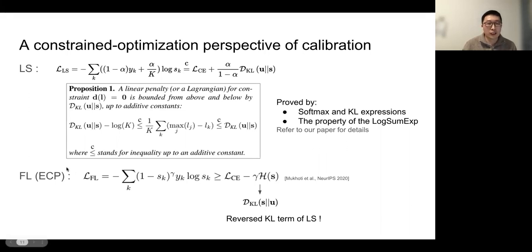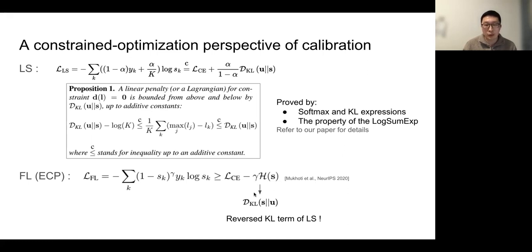And for the focal loss and the ECP, it's a very similar case, because what the focal loss does is actually add a negative entropy of softmax predictions to the standard cross-entropy.